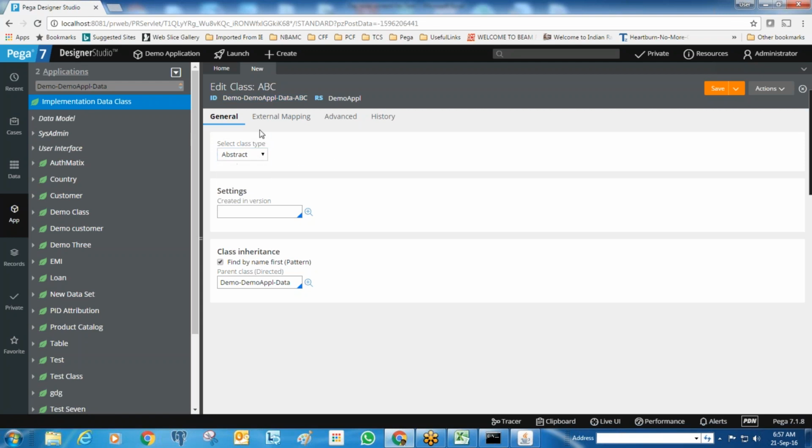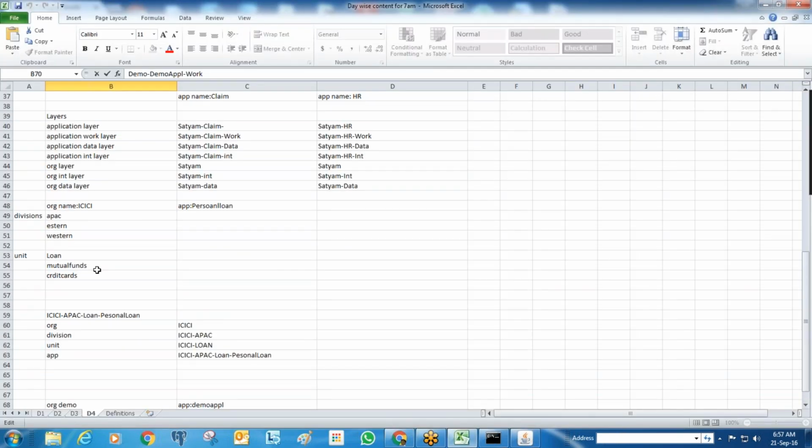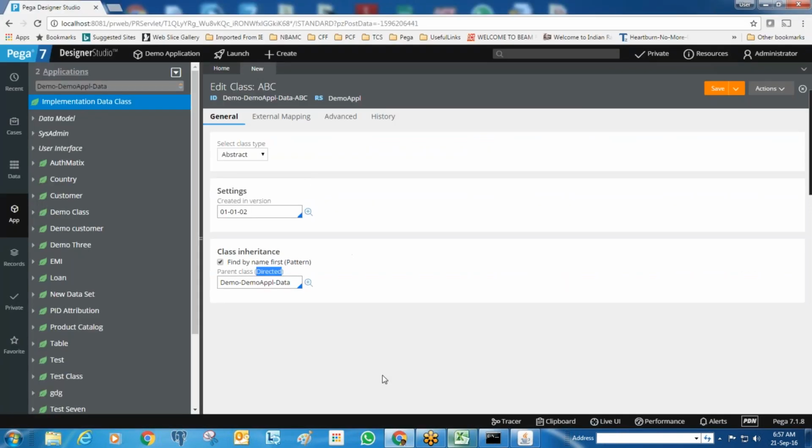If you select abstract class, you can see only 3 options coming: settings and version. In which version of the rule set are we working? I am using 02, let's say, and you can see class inheritance. You can see parent class directed. This is the directed inheritance path. You need to specify any other class if you want to inherit.